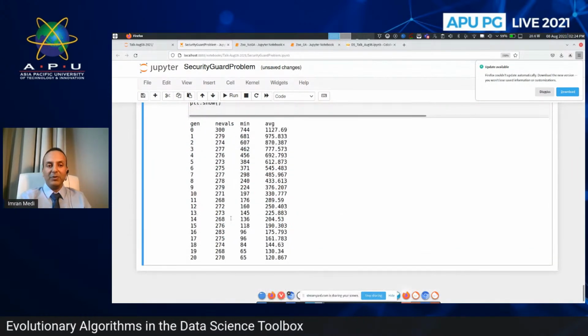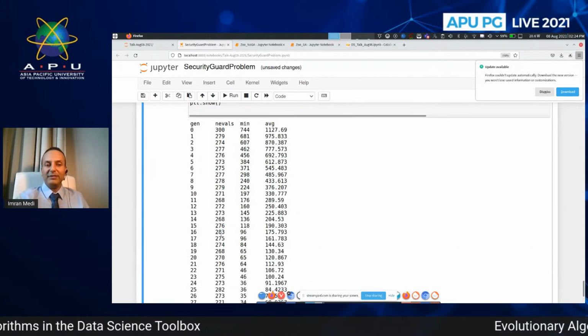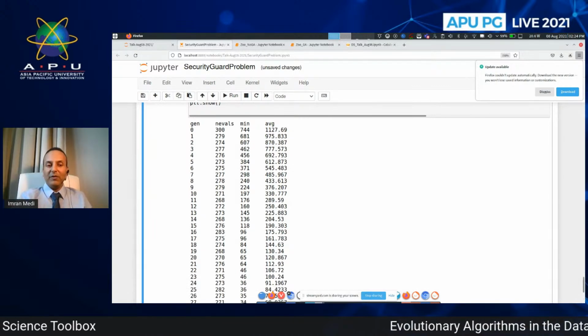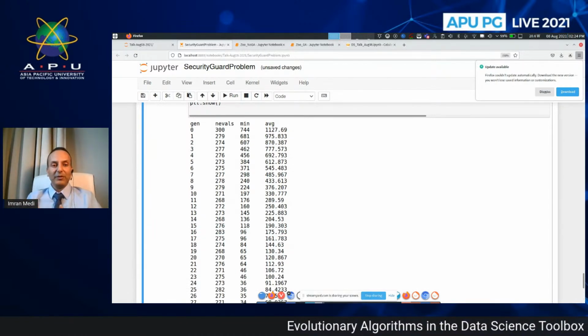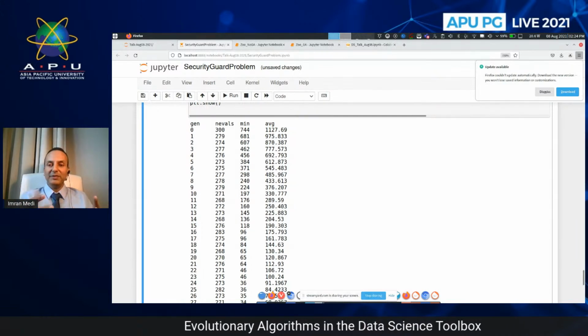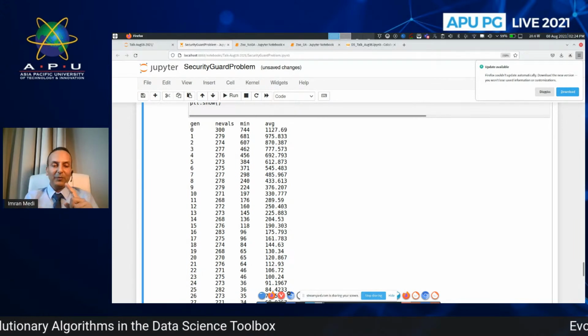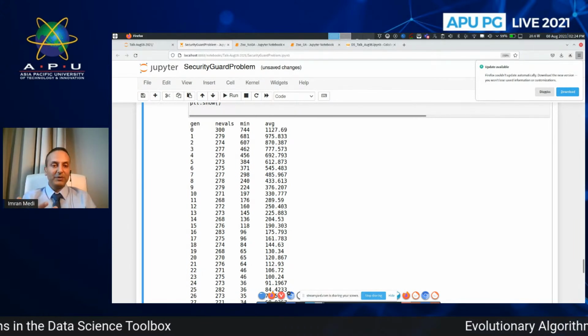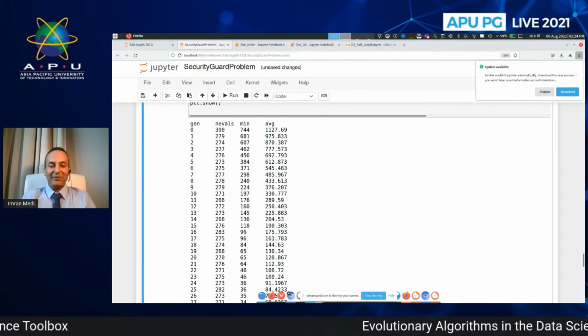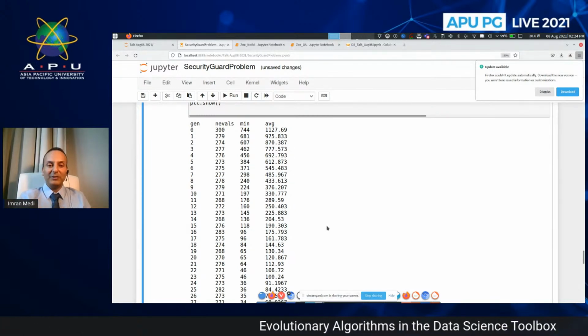This is the number of individuals that are being evaluated. These are the number of violations that we have per population. So violation of those constraints in terms of the number of individuals, the number of guards per shift, the frequency that each guard is working, and so forth.